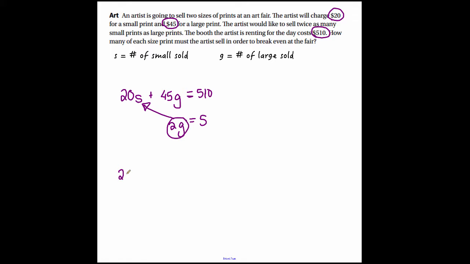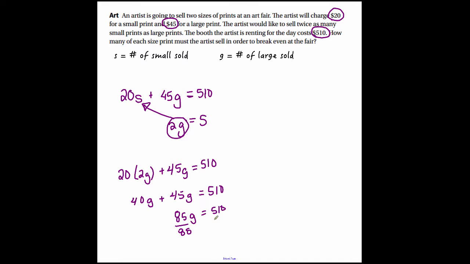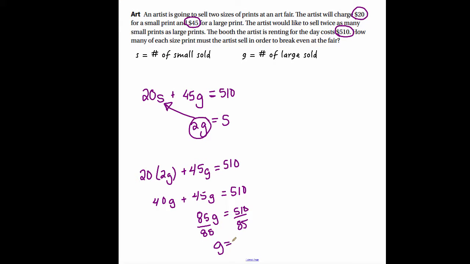So I'd rewrite that down here as 20 times 2G plus 45G is equal to 510. And then I multiply, I get 40G plus 45G is equal to 510. Add these quantities together, and I'm going to get 85G is equal to 510. And then I'm going to divide by 85. So then I find that my G is equal to 6. So that means I've sold 6